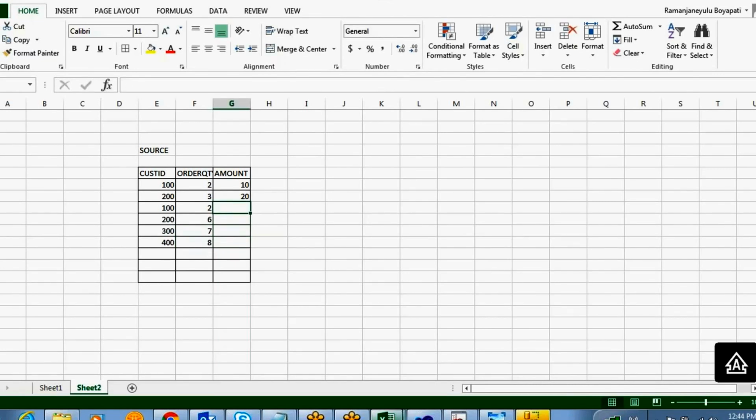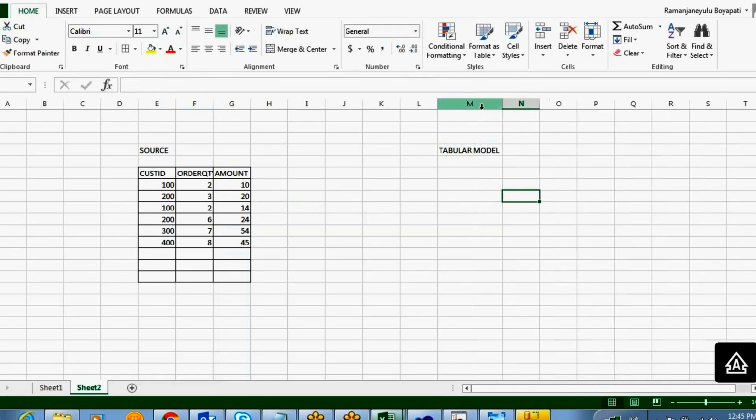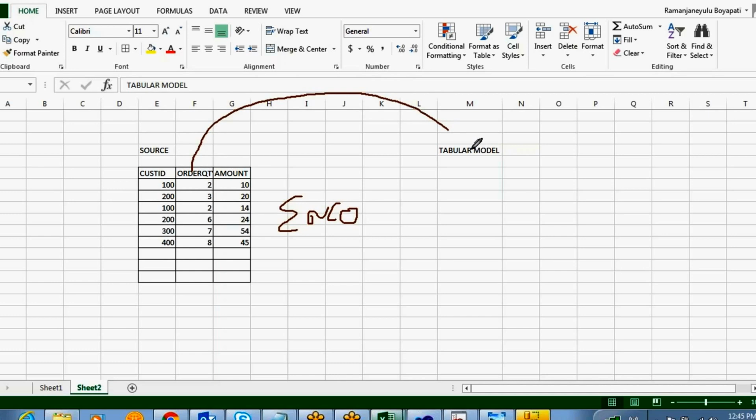When you are going to store this data into the tabular model, how will it store? The VertiPaq storage model will encode the data. It does not load directly whatever data you have and keep it inside the tabular model. It will encode the data. What is encoding? Encoding means